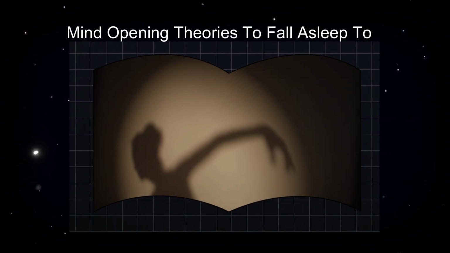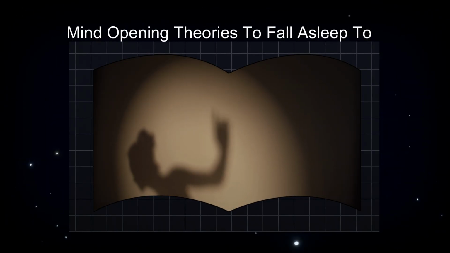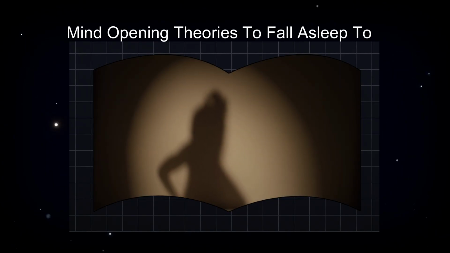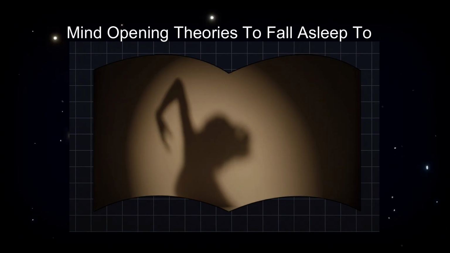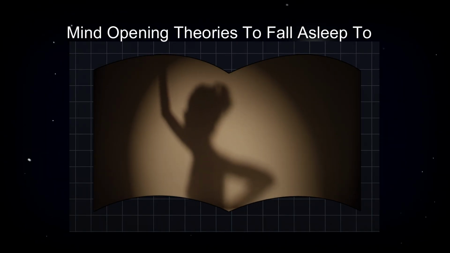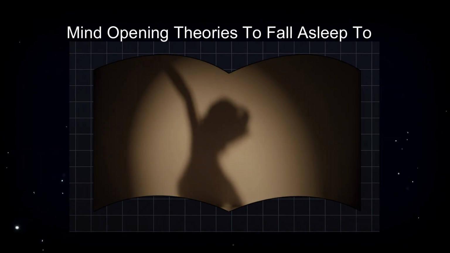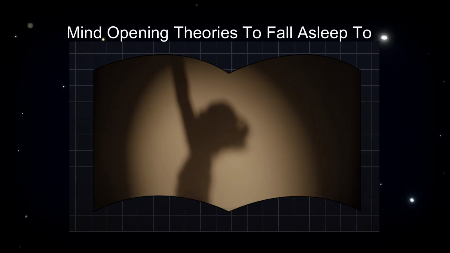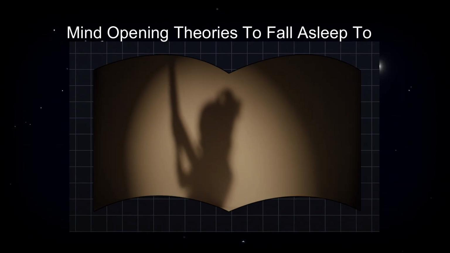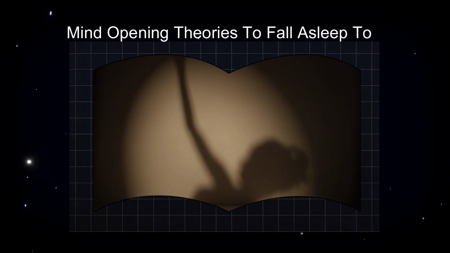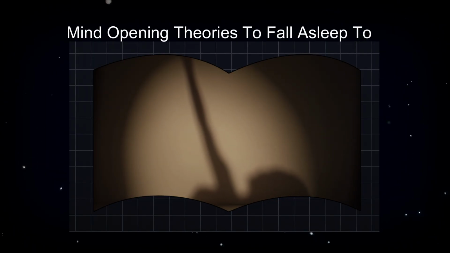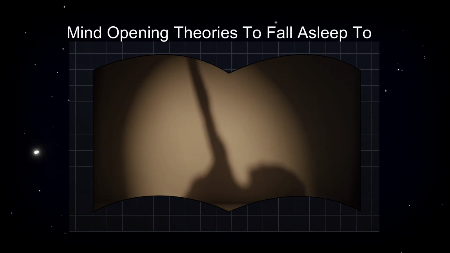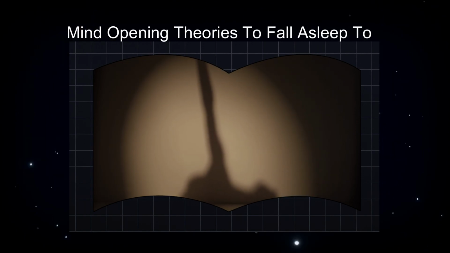There are only 3 possibilities, and at least one of them must be true. 1. Civilizations never reach a level where they can simulate entire realities. 2. If they do reach that level, they choose not to run simulations, maybe for ethical reasons. 3. Or they do run simulations, and if they do, there are probably billions of simulated realities for every one base reality. If that's the case, then statistically speaking, we are probably in one of the simulations.